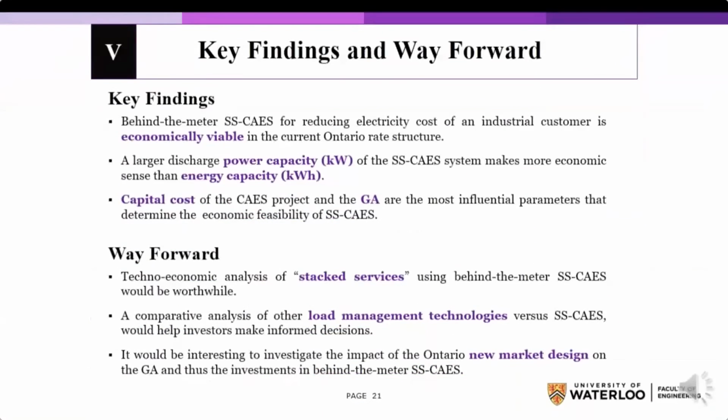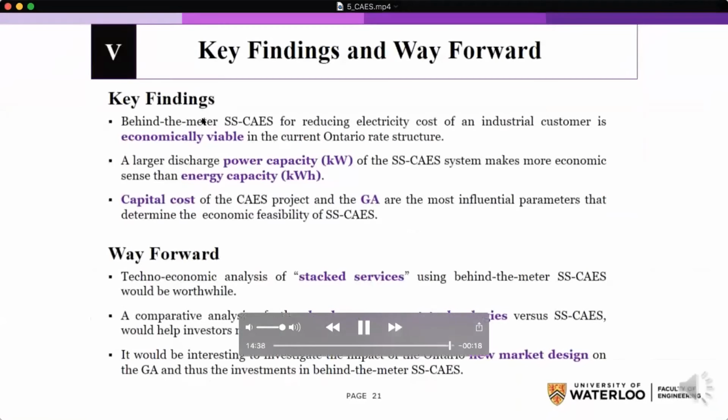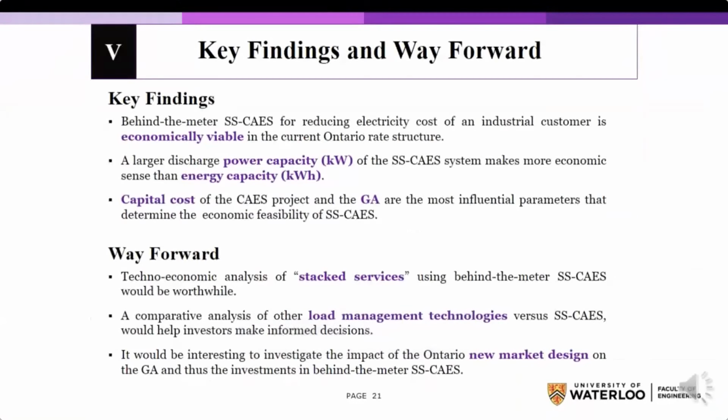We can conclude that behind the meter energy storage is economically viable in Ontario. Large discharge power is better than energy capacity. Capital cost and GA are the most influential parameters. Going forward, it will be nice to look at the stacked services that the behind the meter CAES can provide, and of course, compare CAES with other load management technologies like PV. It will be interesting to investigate the